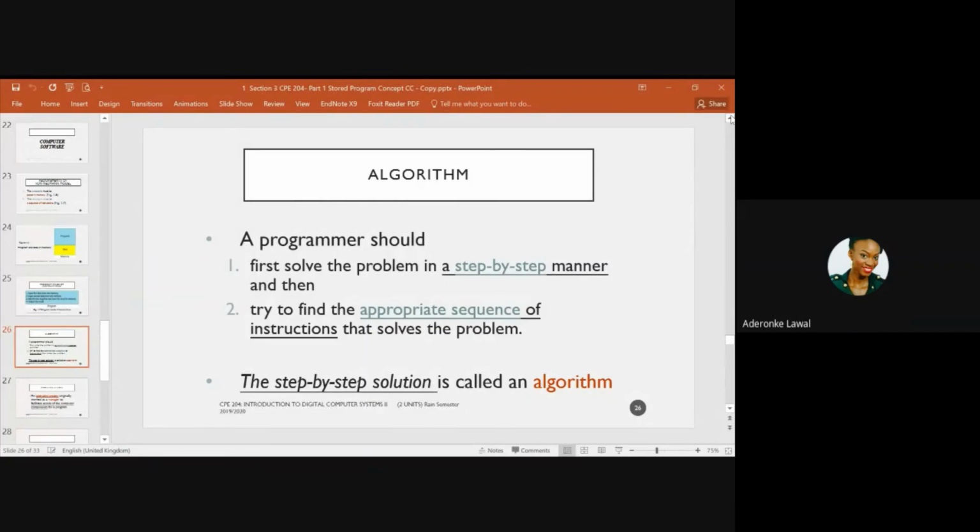And when you now find the solution, you program in the specific language that the computer understands. So now you have a solution to that problem, and the next thing would be for you to interpret that in the appropriate sequence of instructions, based on the language that you're using. This step-by-step solution is an algorithm, and an algorithm does not really follow any language. This step 1 that a program should do, that step-by-step, is the algorithm part. So meaning that somebody